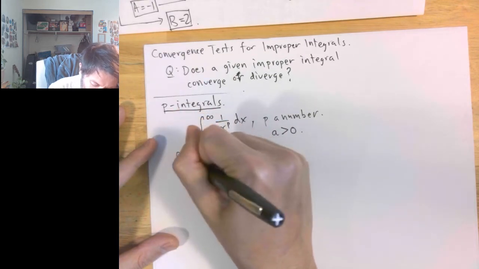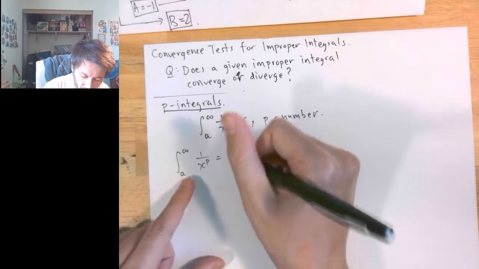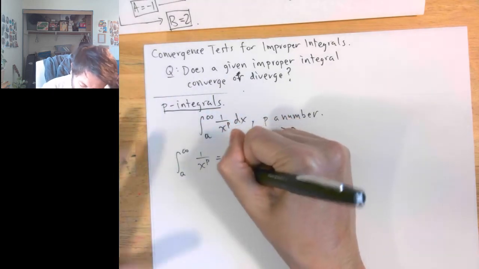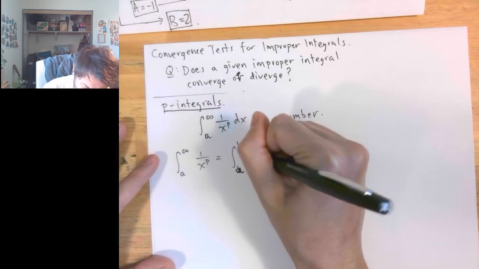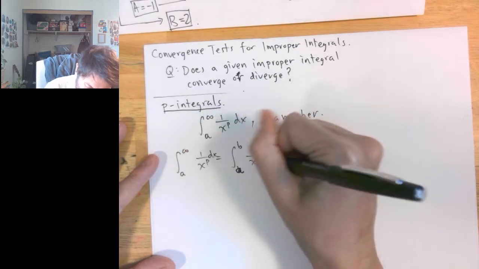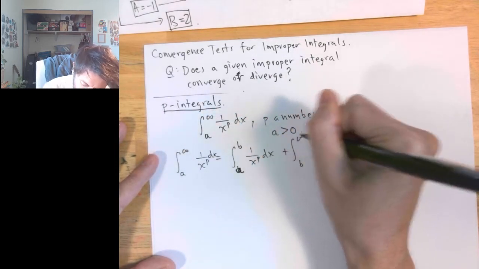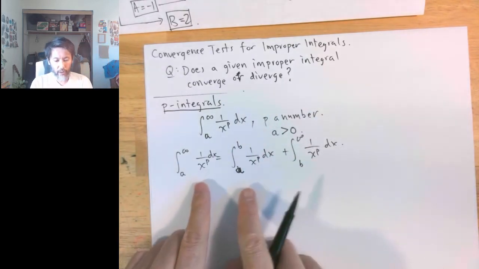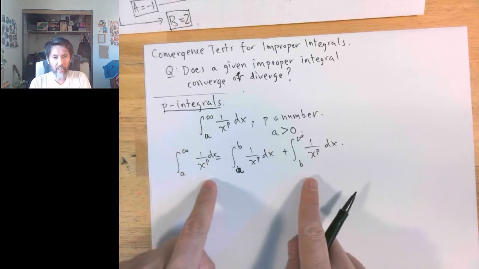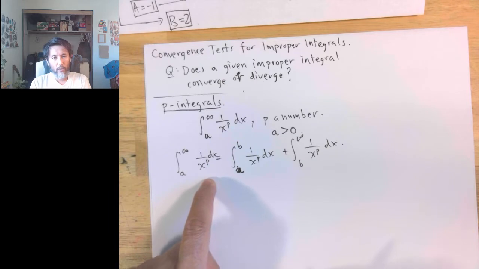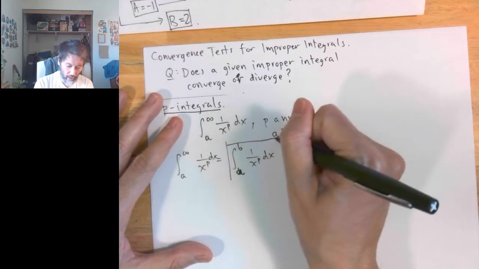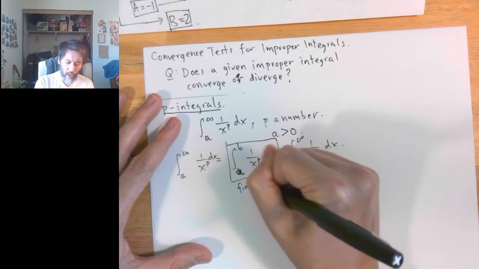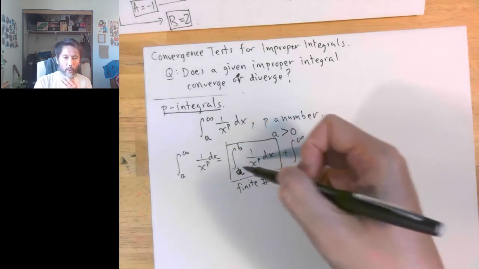Note that by rules of integration, this is exactly the same as the integral from a to b of 1 over x to the p dx, I forgot the dx, plus the integral from b to infinity of 1 over x to the p dx. And in thinking about whether this converges or diverges, you can see that this quantity right here is just some finite number, where issues of convergence don't apply because this is a proper integral